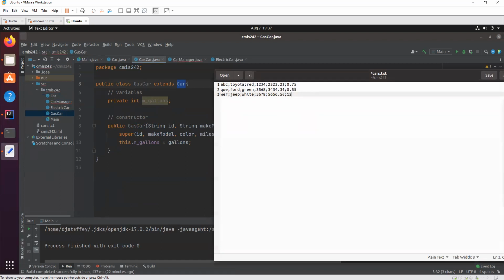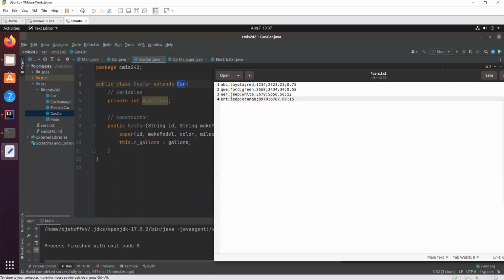It's an integer, say it has 12 gallons. Let's make one more gas car with a different ID. Let's also say it's a Jeep, except this one is orange. It has 8970 miles. The price is 67. And it has 15 gallons instead of 12.